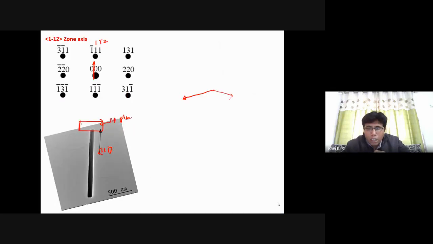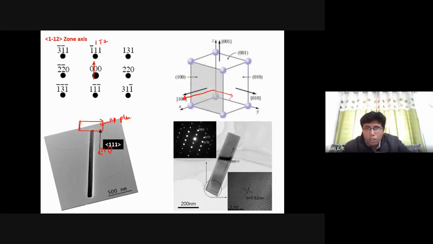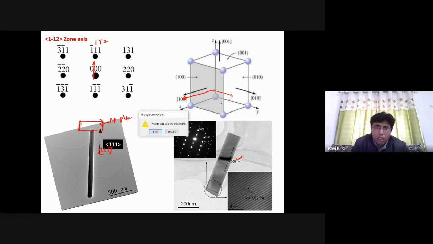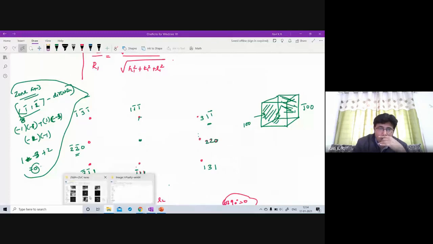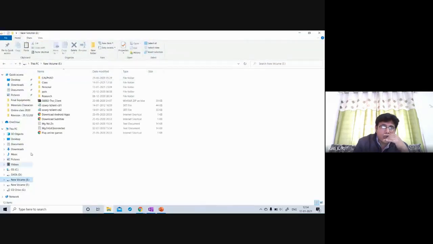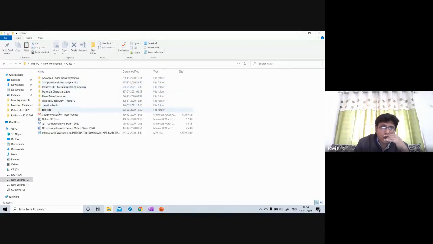So even on this another image, you can see here, if this is your 002 plane, which you identify using this indexing of pattern, 002 and 001 are the same direction. So that means this is the 001 direction. But one problem is there, which you need to remember. Nowadays with all the new machines, you don't have this problem, but on old machines there was a problem. I can show you why that is a problem.